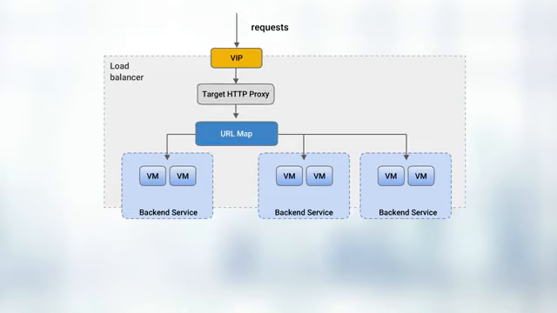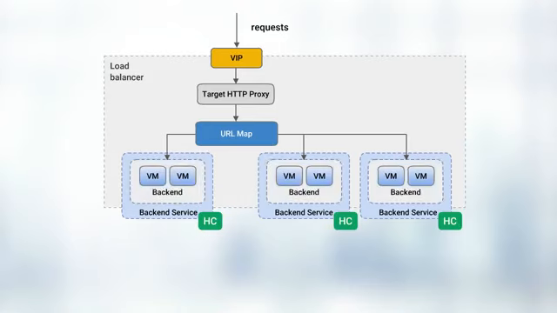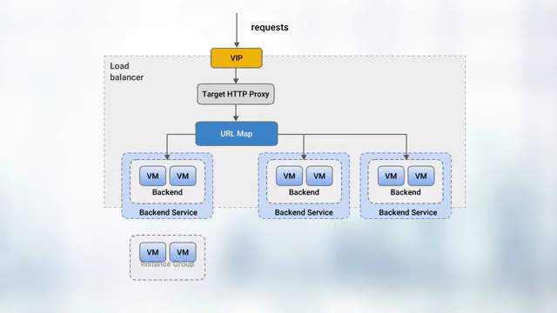Then target proxies start new sessions and route requests to backend services. Each backend service is comprised of a health check and one or more backends. Like target groups in AWS, backend services only send requests to healthy instances. VMs are still started and stopped by their instance groups, but instance groups may now receive messages from their backends telling them what to do.